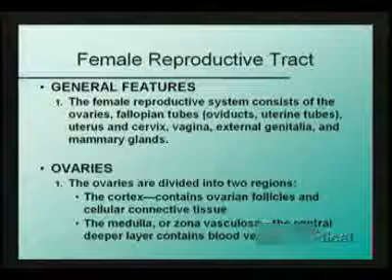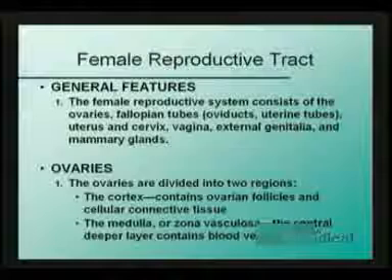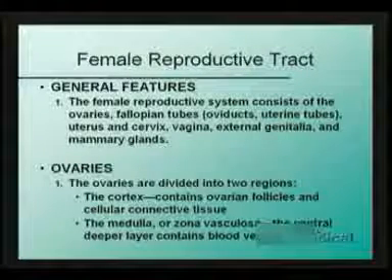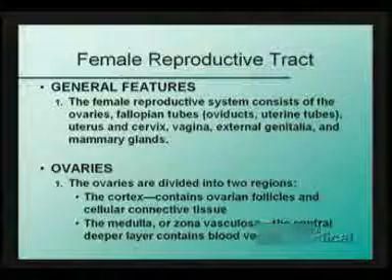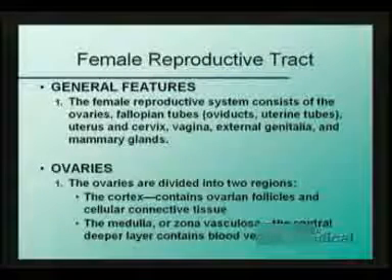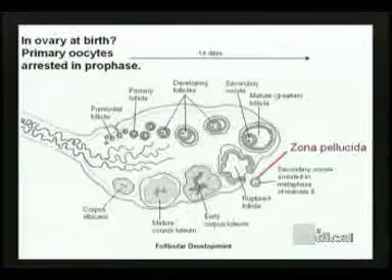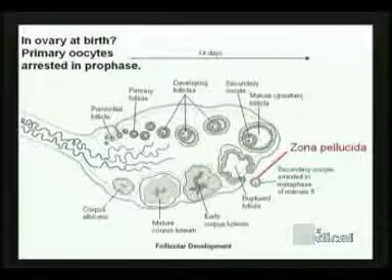The business end of the female reproductive tract are the ovaries, and basically oogenesis occurs in the area of the cortex, closest to the outer surface of the ovary. The medulla, on the other hand, basically contains the blood vasculature. When we actually look at the structure of the ovary, we can see in this illustration different stages of ovarian